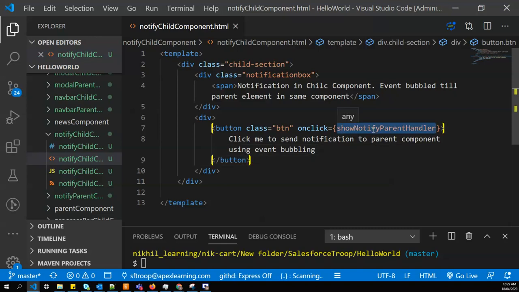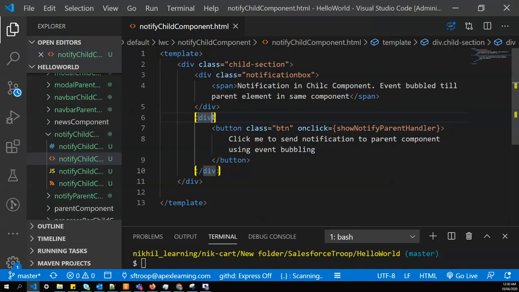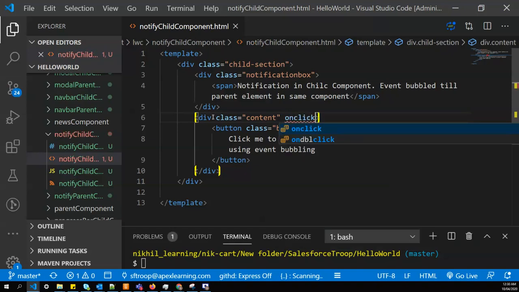So when I click on this, it starts bubbling, and to make sure it's bubbling, we'll attach one event handler to our parent element in the same component. So we know how bubbling works now.